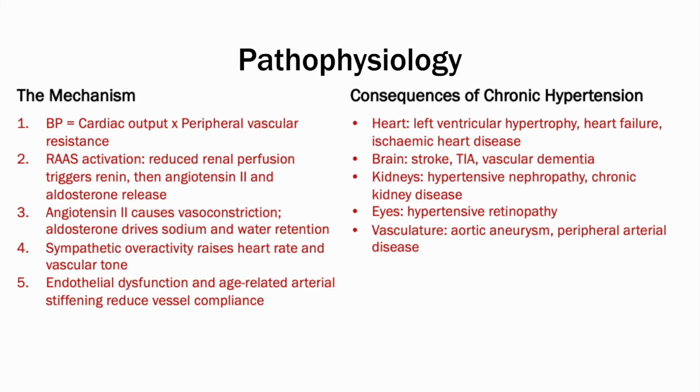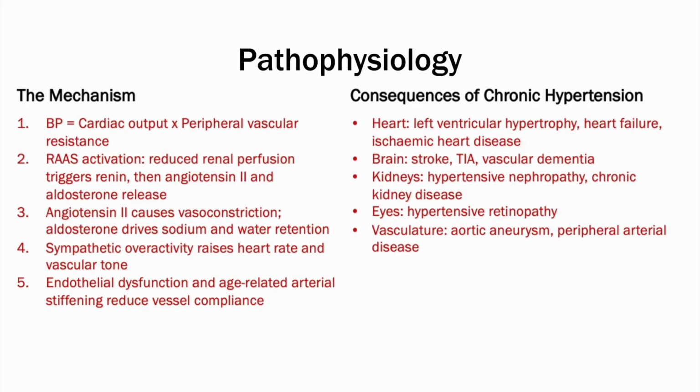When renal perfusion drops, the kidneys release renin, which converts angiotensinogen to angiotensin 1, and this is then converted to angiotensin 2 by ACE. Angiotensin 2 is a potent vasoconstrictor, and it also triggers aldosterone release from the adrenal cortex, which drives sodium and water retention, expanding circulatory volume. This is precisely why ACE inhibitors and angiotensin receptor blockers are first-line drugs in young patients, because they interrupt this